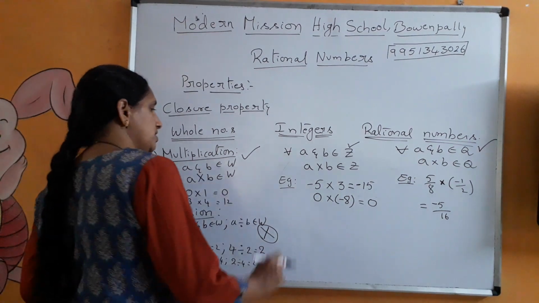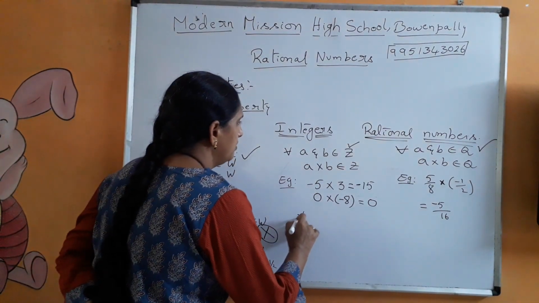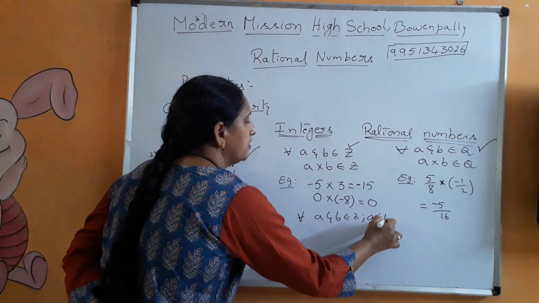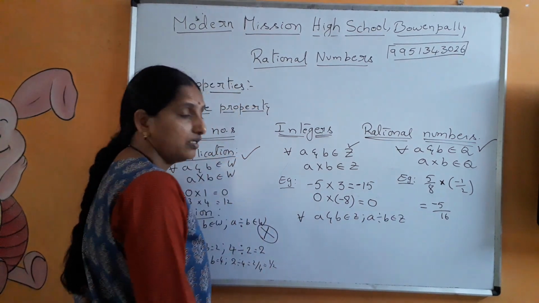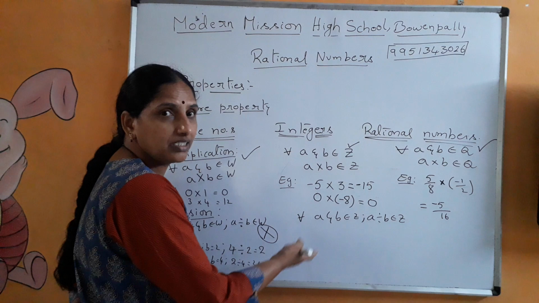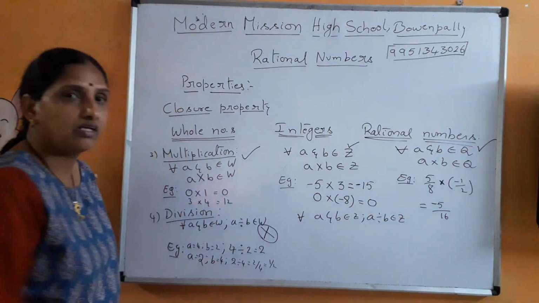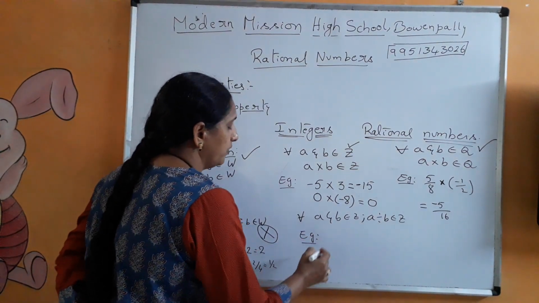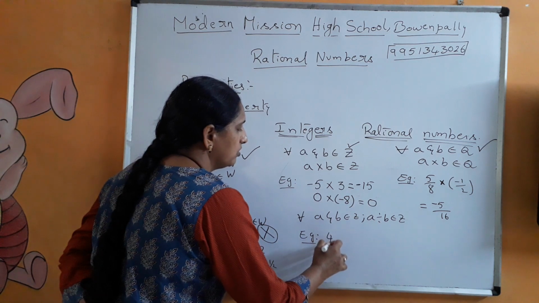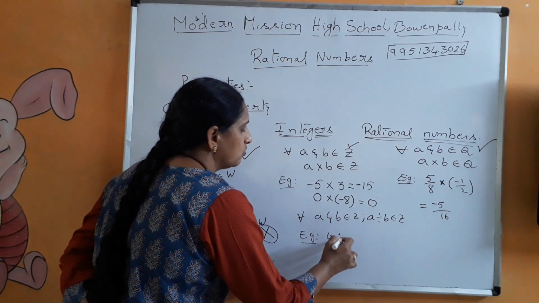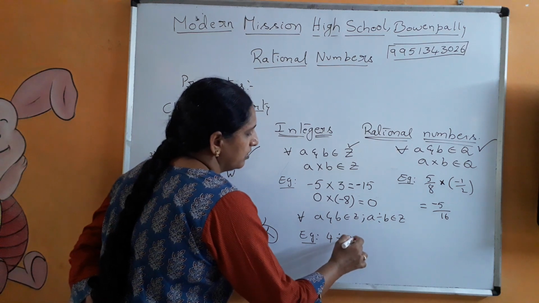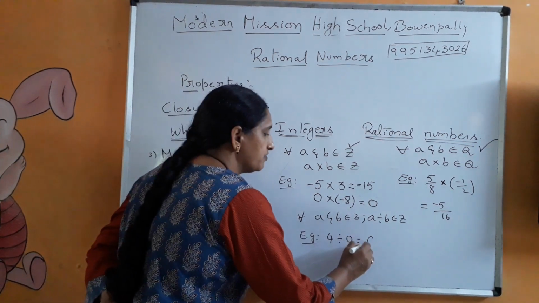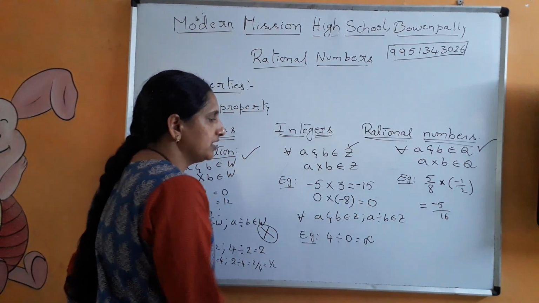Now coming to integers. Same thing again. For all values of a and b belonging to integers, a divided by b also belongs to integers. Here itself you can say that 1 by 2 is not an integer, because these two are integers. Let me take one more example here. Since we took a 1 here, let me take another one. So let a be 4 and b be 0. That is equal to 4 divided by 0. Anything divided by 0 is infinity. Is infinity an integer? Yes.